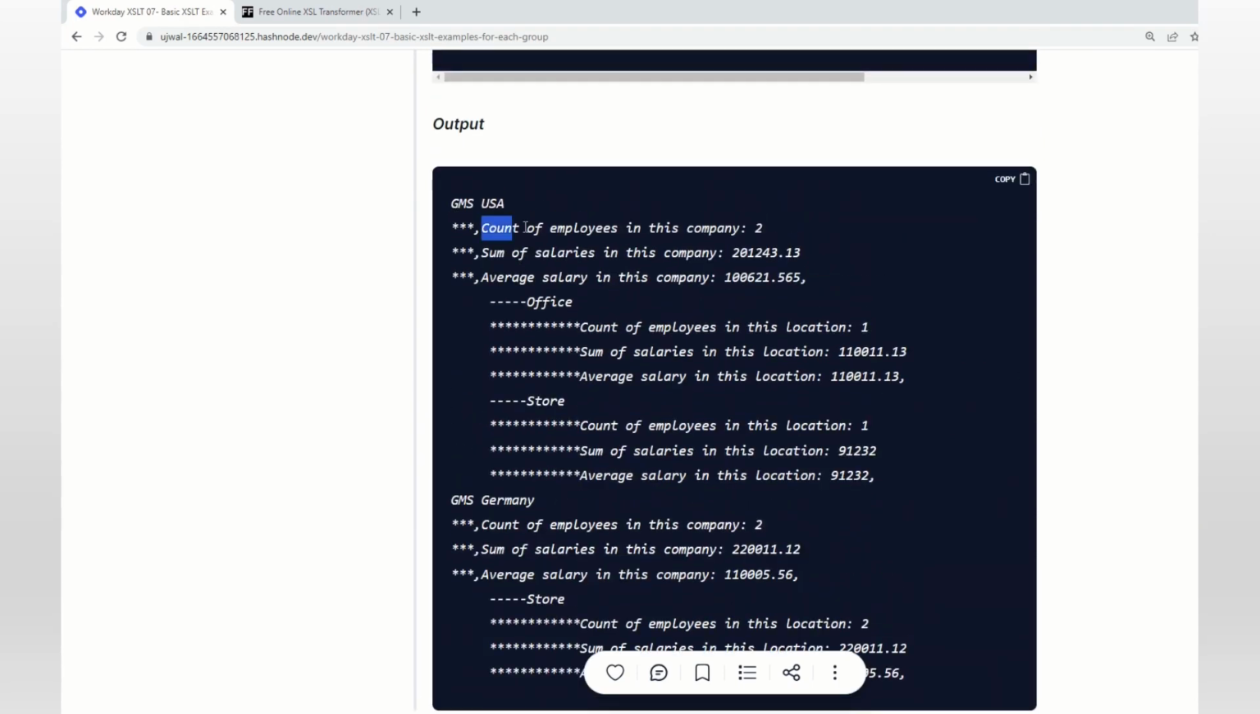We want to see the count of all the employees in this company, right? So in this case, it is 2. And then we want to see the sum of the salaries in the USA, and then the average salary. So average means sum and count, sum divided by count is the average, right? In this case,